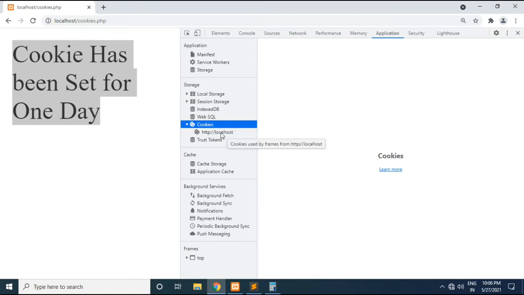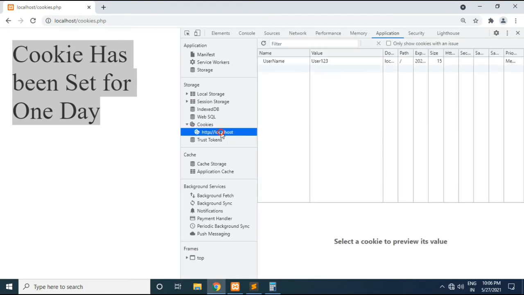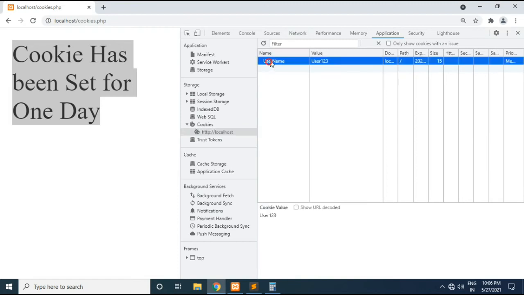It is by localhost. Okay, if I click on this, here you can see the name of the cookie is username, and the value is user123. Whatever arguments we have discussed, all those arguments and their values are available here. I will show you.